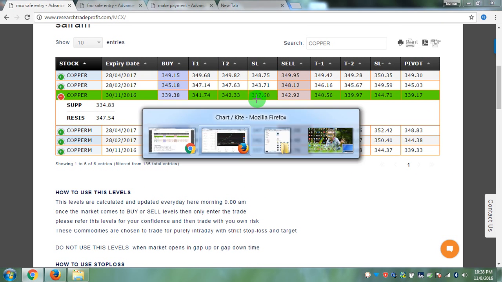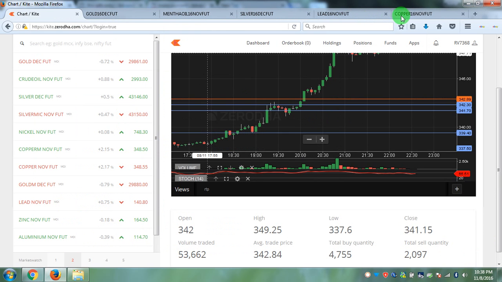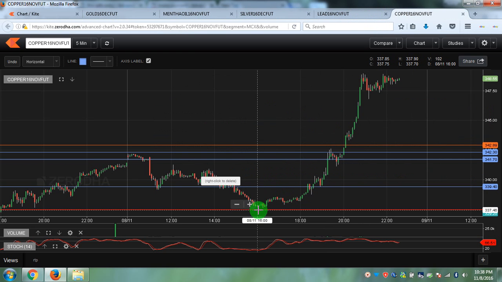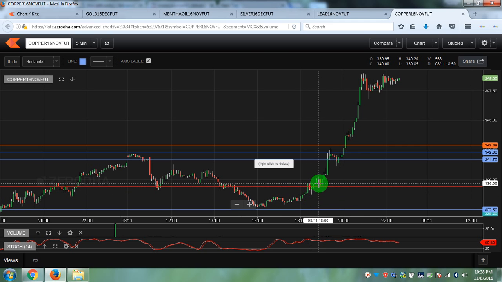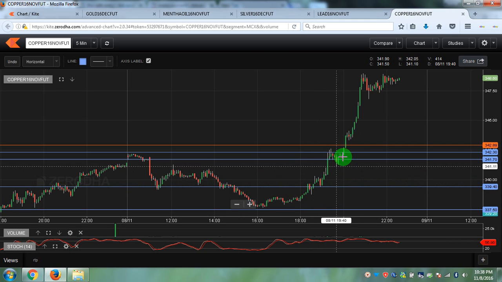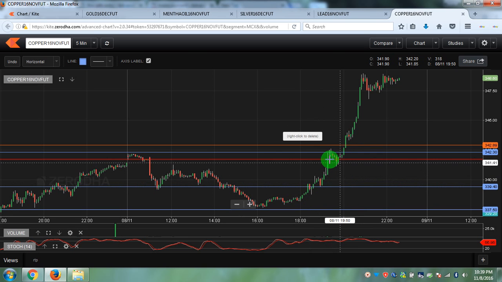That stop loss was not triggered, and you can see how this candle made a movement. It came down exactly to our stop loss, but as I mentioned, many times stop loss will trigger and it will go up. Same thing happened today, so I advise to place a 10-15 paisa difference. You can see after this call how copper shot up. This was the level, and 341.70 paisa was the first target that was triggered at